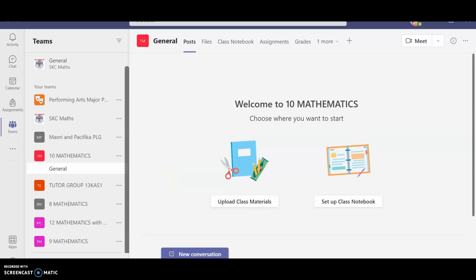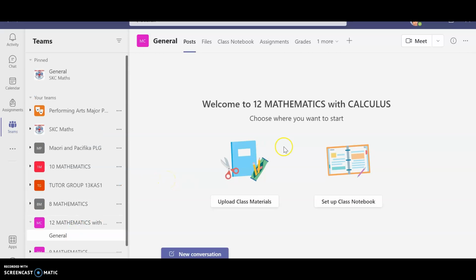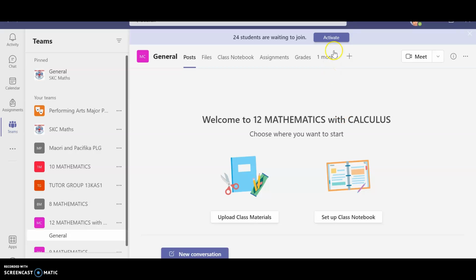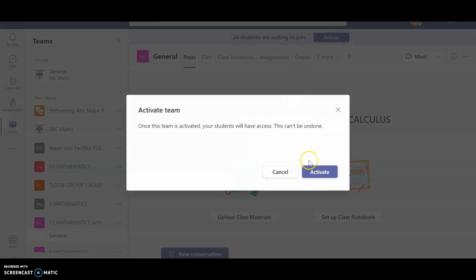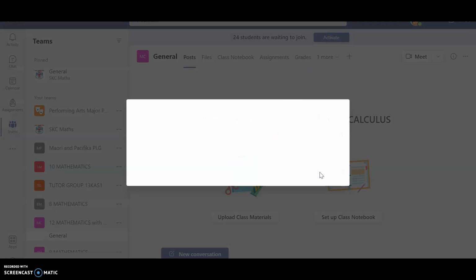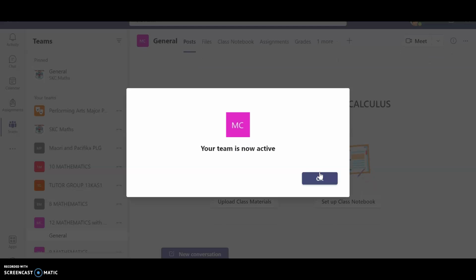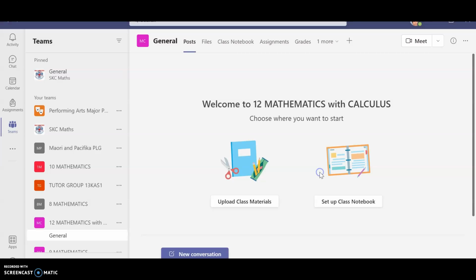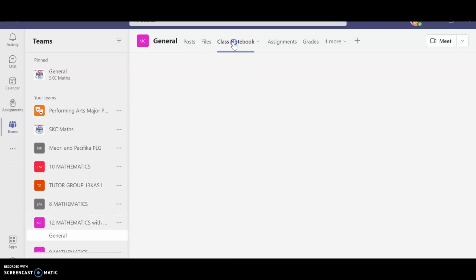Okay, I'll actually do it with my year 12s. There are some students there. Okay, so we have all of that. So what we're going to do is, from my year 12, I've clicked on there. There's class notebook at the top,